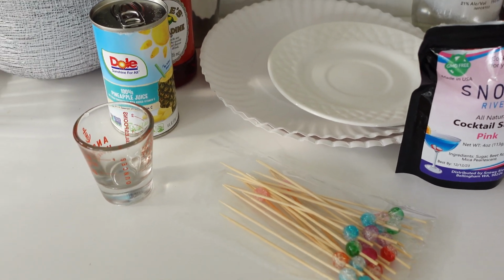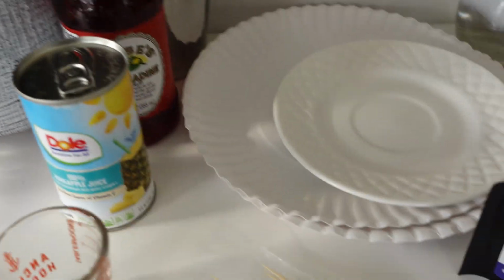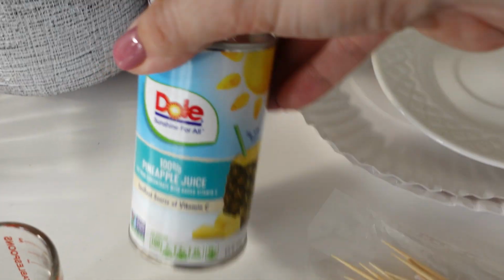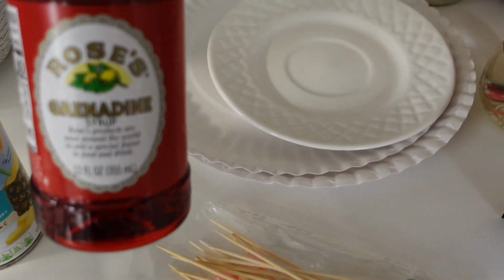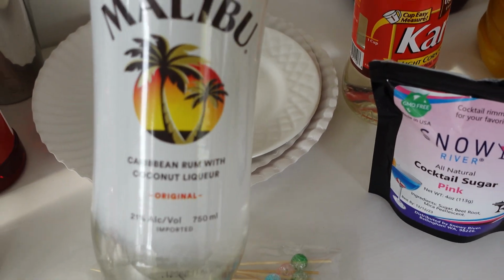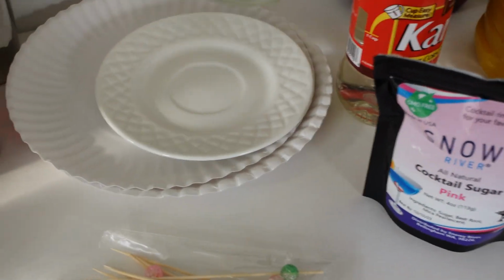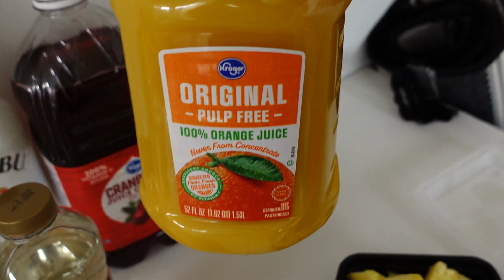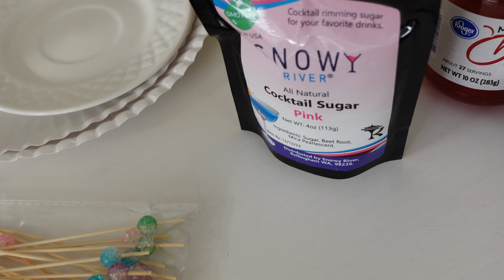So what you need to make this cocktail is just a few ingredients, and I'm going to show you what they are. So I like to add pineapple juice, 100% pineapple juice, some grenadine, coconut Malibu rum, and this is what makes it like the tropical coconutty flavor, orange juice, cranberry juice, and then